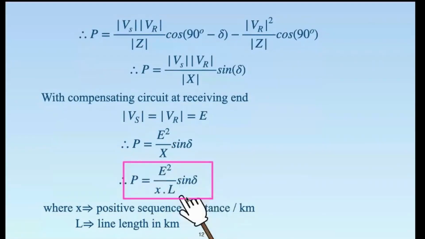On the other hand, now let me take your attention to some other aspect of it. Let us say that the transmission distance is same. I am transferring power over a 400 kV line from Nagpur to 300 kilometers, and for 300 kilometers at 400 kV, let us say 250 megawatt power can be delivered, right?